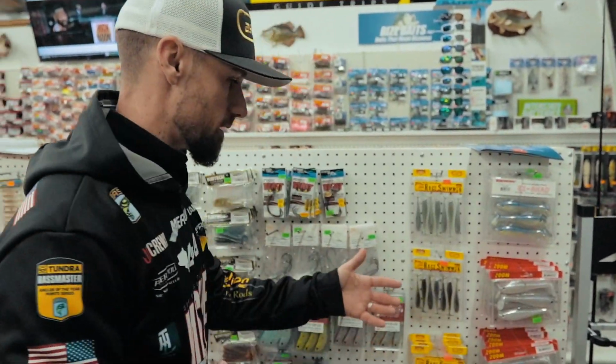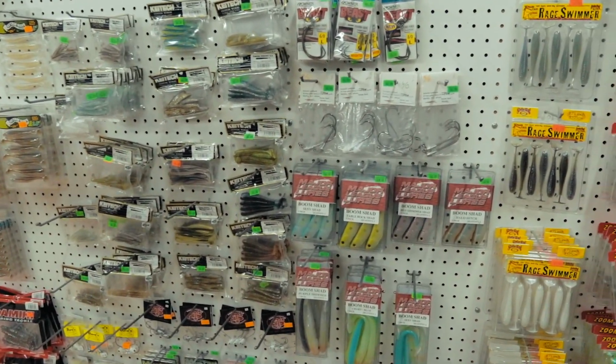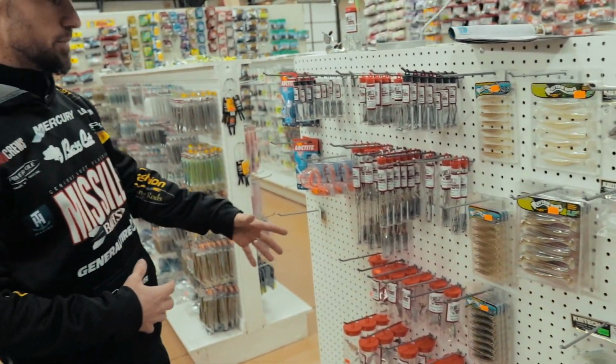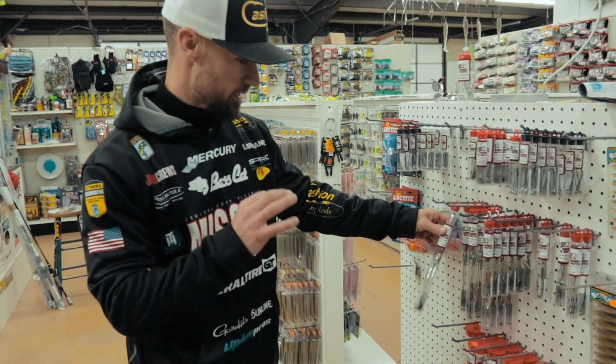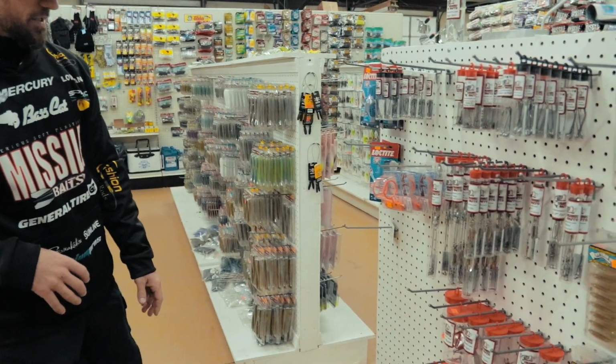But then we'll get into the meat and potatoes over here. This is the swim bait selection. They got all kinds of swim baits over here. Got a huge Kitech section over here on this side, but here's your Shane's Baits. It's the moneymaker right here. Umbrella rig. This is the best umbrella rig out there. They've got some other Shane's Baits